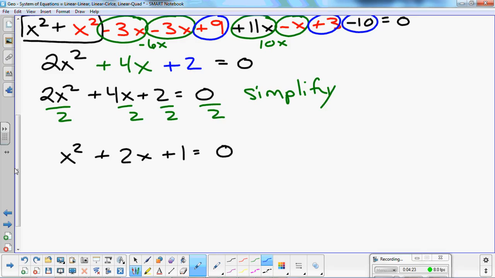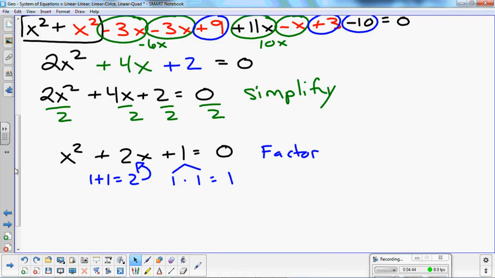Now from here, I want to see, can I factor? When I factor this down, I look at my factors of my constant here, which is 1. So 1 times 1 equals 1. 1 plus 1 equals 2. And that's what I need it to do, is I need my factors to add to that middle term of 2. So factoring this out, I'm going to have x plus 1 times x plus 1